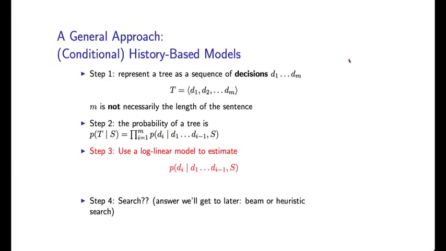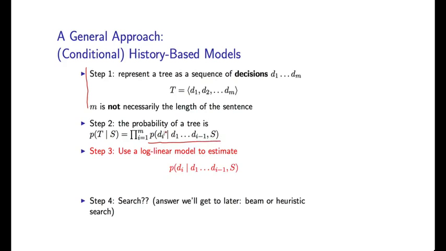Okay, so we're now going to go back and fill in the remaining steps of this history-based approach to parsing. Remember, the first step is to somehow represent trees as sequences of decisions, and that's what I've just shown you on the previous slides. The second step is to say that the probability of a tree is, by the chain rule, a product of